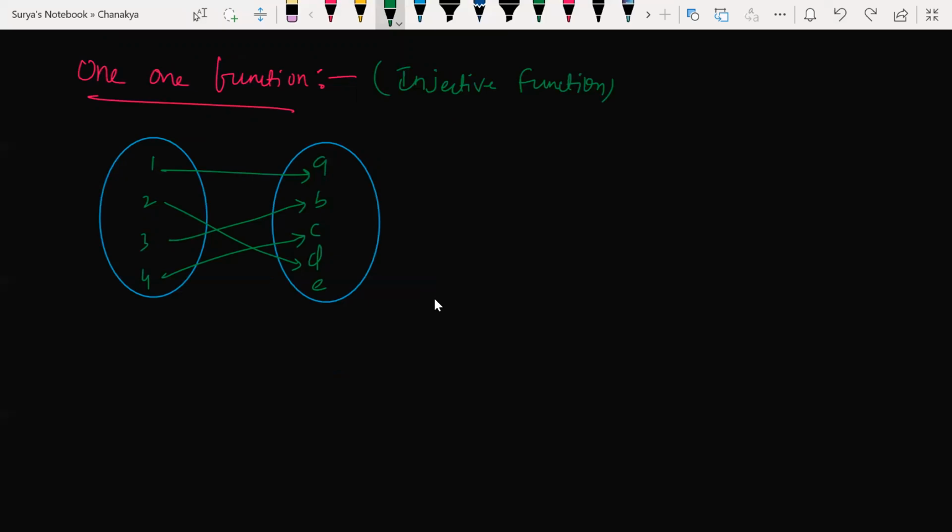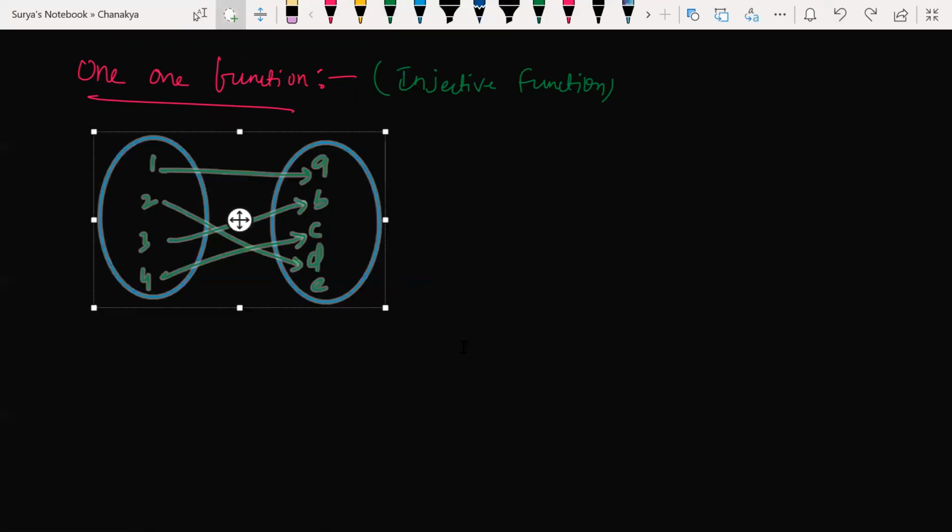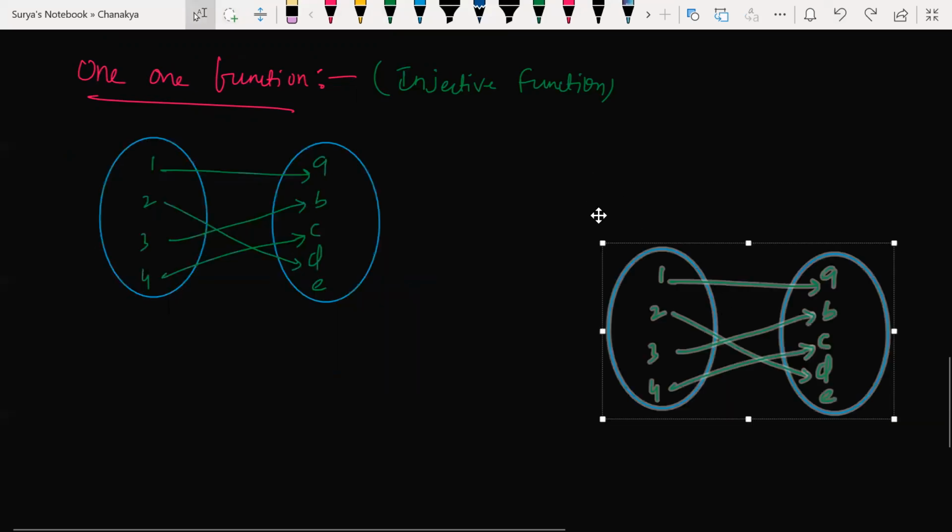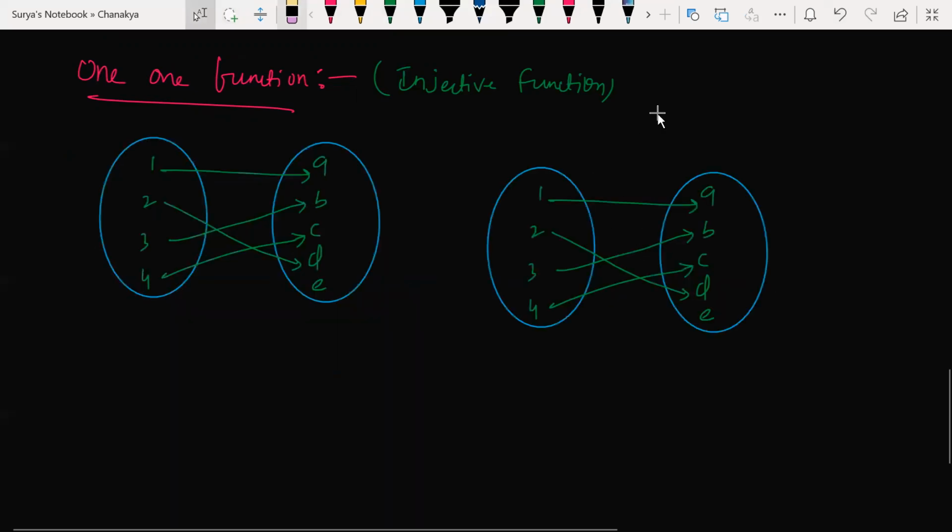Yes, we will not be applying it anywhere. But if you understand the general definition of one function, then only will you understand the mathematical definition. So let's understand what is one function generally. Now let me give you the same thing here. Let's say that I'll be drawing 2 to A, 3 to C,